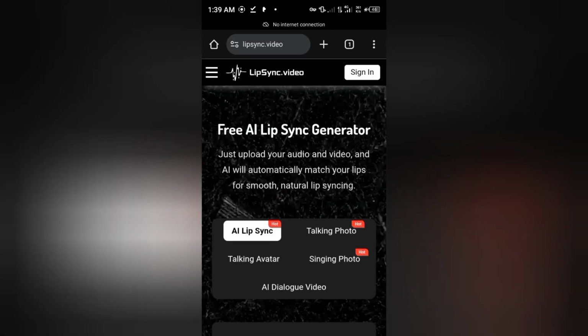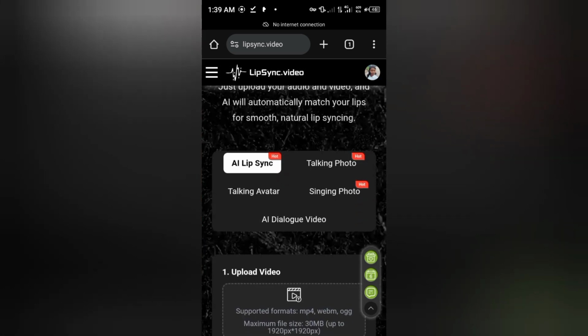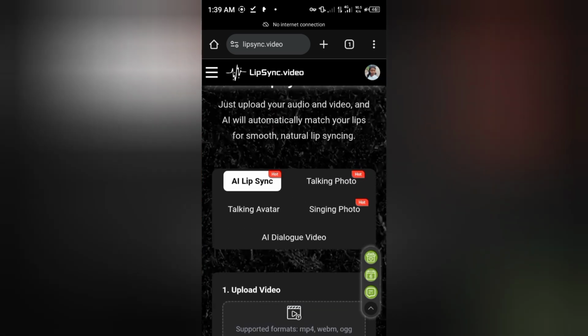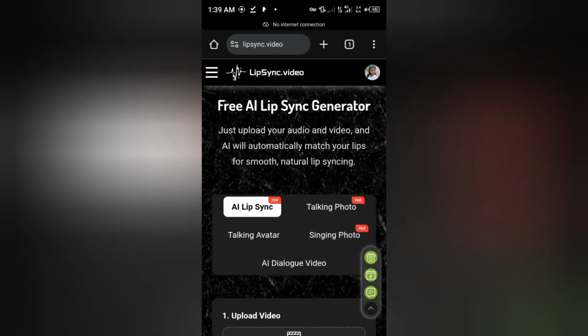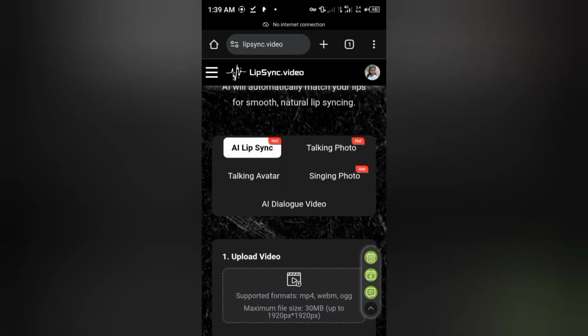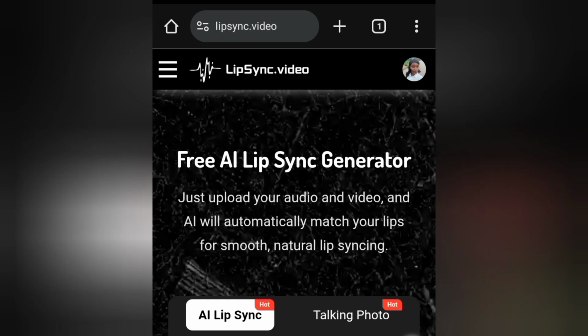Okay, this particular app is very good in the sense that it gives you credit per day. So what you have to do is make sure you log in every day for you to get your credits. As long as you log in every day, you will have credits to generate as many videos as you want,